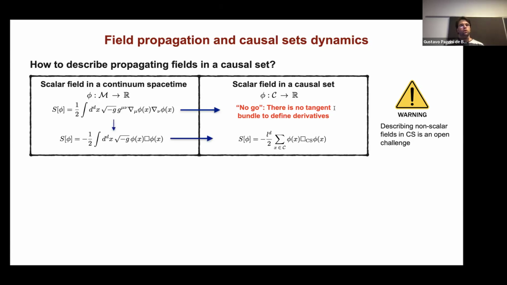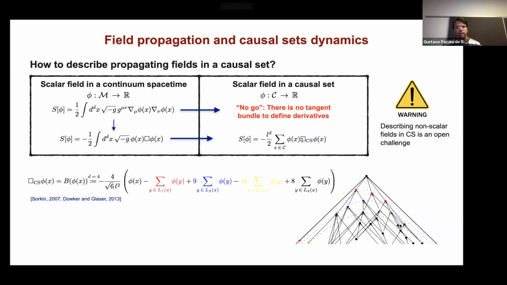But there is a way out. In a continuum limit, we can also rewrite this action in this way here. Instead of writing it with derivatives, we can write it as field times box field, the d'Alembertian box acting on the field. Since there is no vector anymore, there is just the d'Alembertian, which acting on a scalar gives another scalar. Now we can define the action in terms of something that is meaningful in a causal set. And the idea here is we can define this box operator in a causal set, which is also called the B operator in the causal set community, as a kind of sum over different layers.